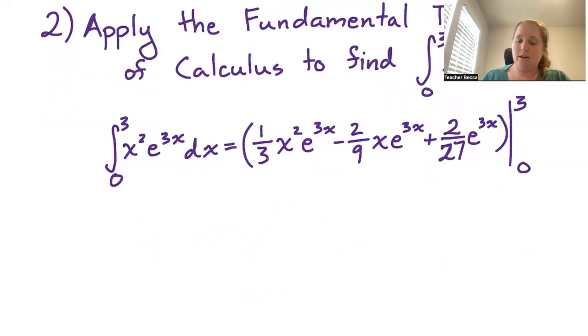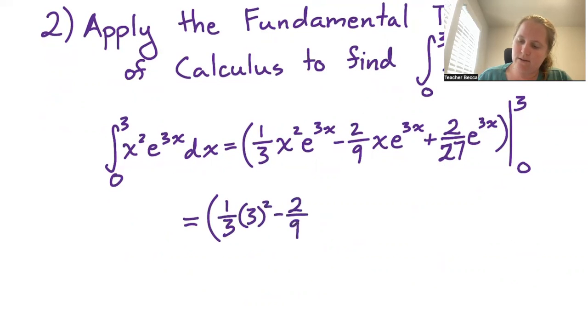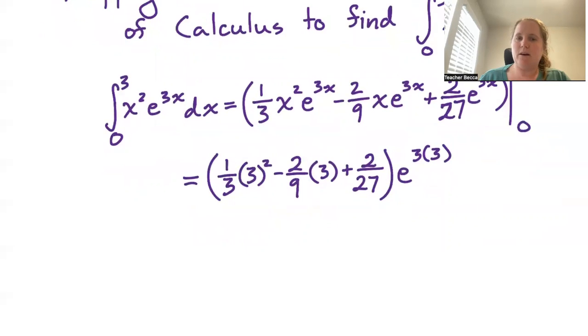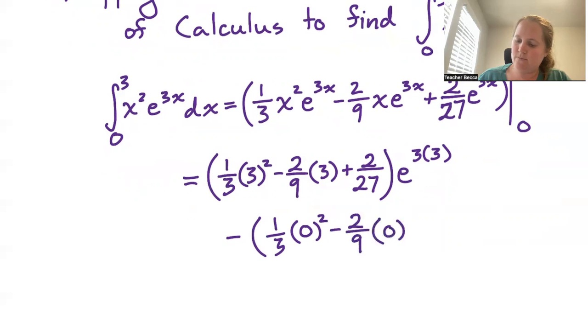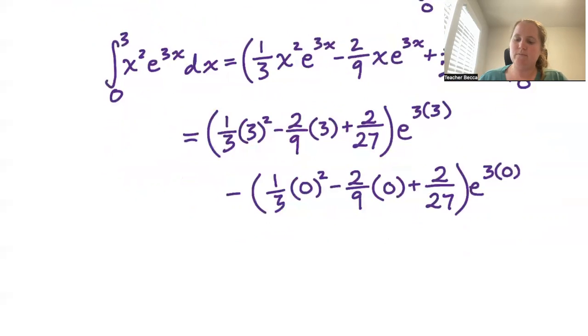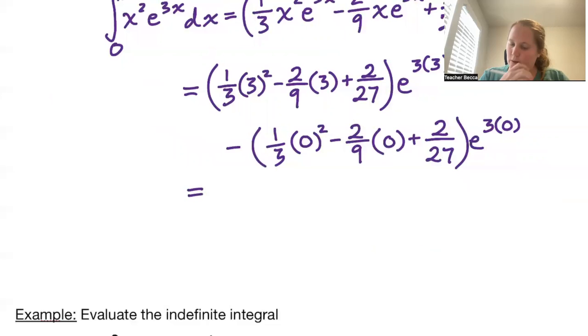I'm going to just factor out that e to the 3x. So we're looking at 1/3 times 3 squared minus 2/9 times 3 plus 2/27, all times e to the 3 times 3. And from that, we are then subtracting 1/3 times 0 squared minus 2/9 times 0 plus 2/27, times e to the 3 times 0. This becomes, we have